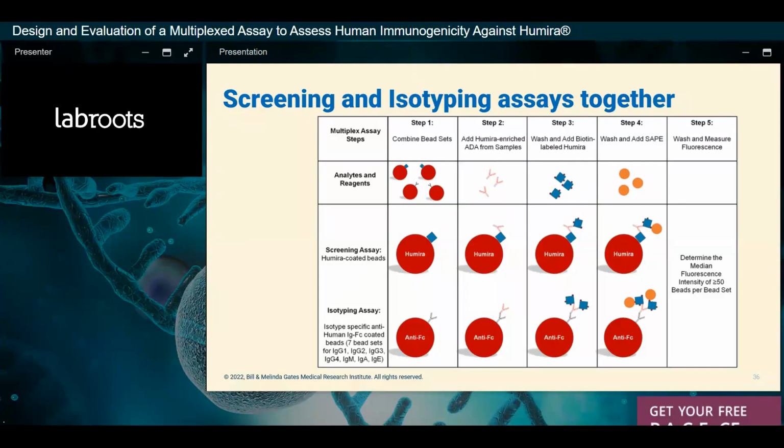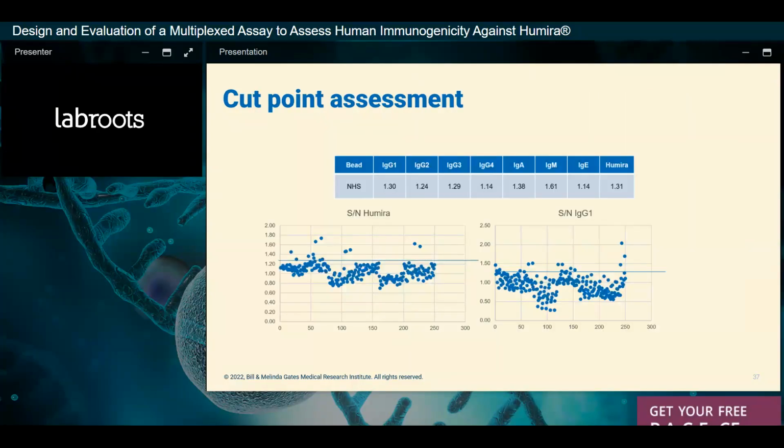So basically, we can now screen samples to see if there are anti-drug antibodies there, and we can tell you what isotype they are all in one assay without thawing the sample multiple times. So we did this. We did a lot of experiments. We set our cut points, and I've got a little bit of data of what that looked like in this particular slide. So with our screening assay, it works on a ratio of negative serum versus a known positive,